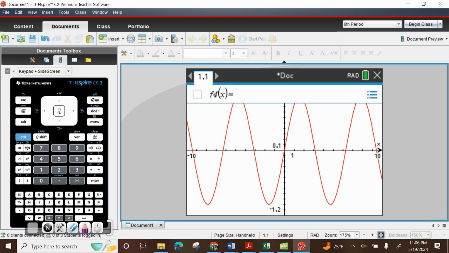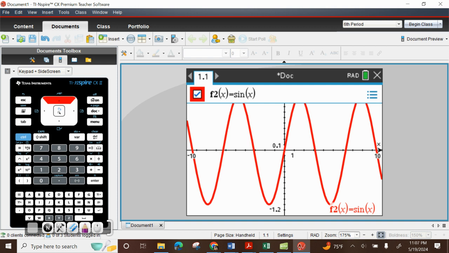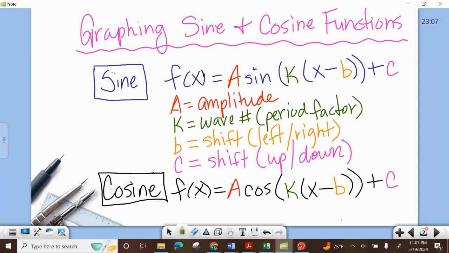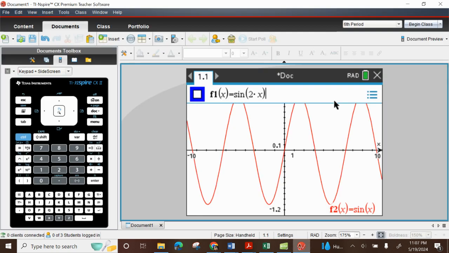So I'm going to take this equation and put it down here. So I've got sine x. Now I'm going to go back into my graph and go up to the top and graph sine of 2x. Now what that means is, if you remember, that I'm looking at this right here. I'm looking at the period factor. So I'm going to do 2x and I'm going to graph this, and I want you to see what happens